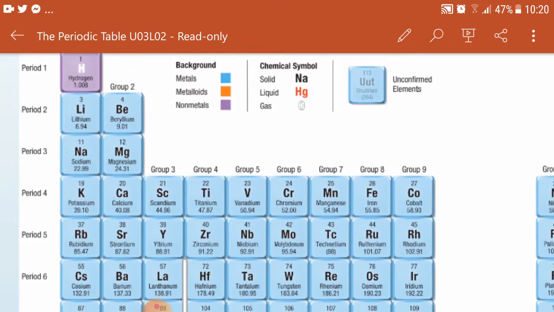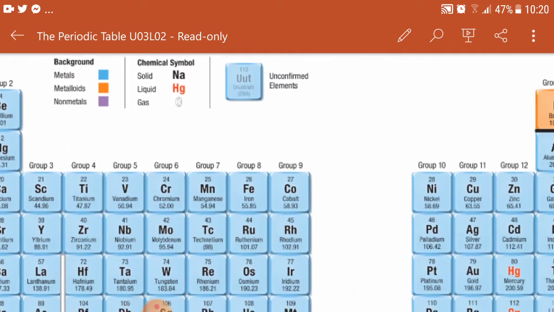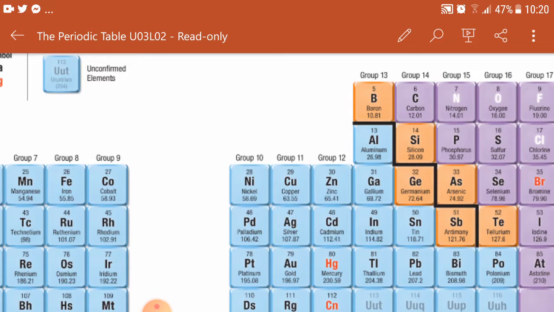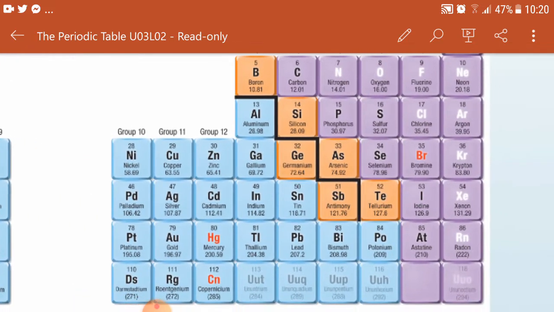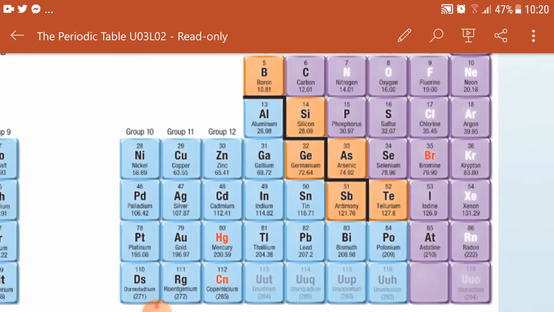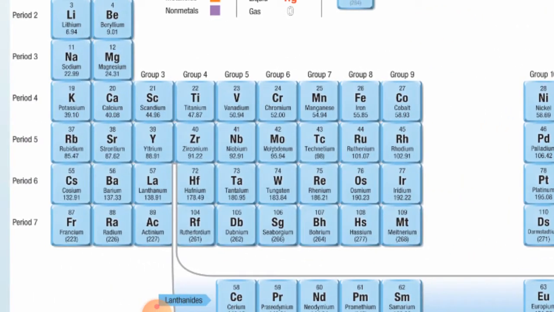Sodium 11, magnesium 12, then aluminum 13, 14, 15, 16, up to 18, and so on. Again, from potassium 19, 20, 21 to the end. This is the most important